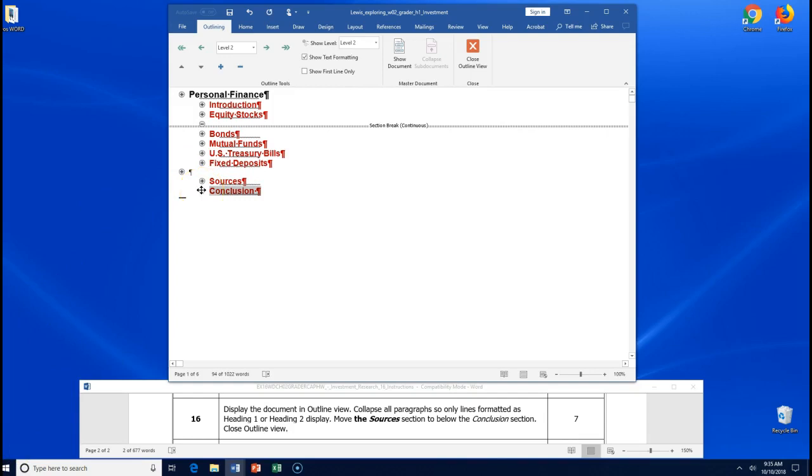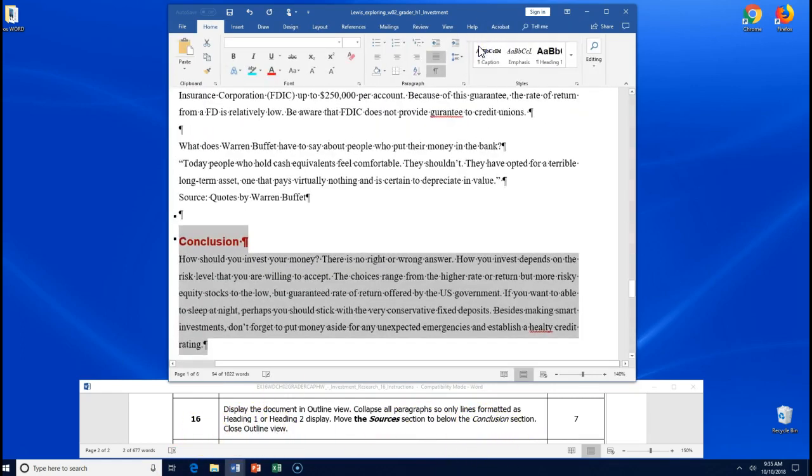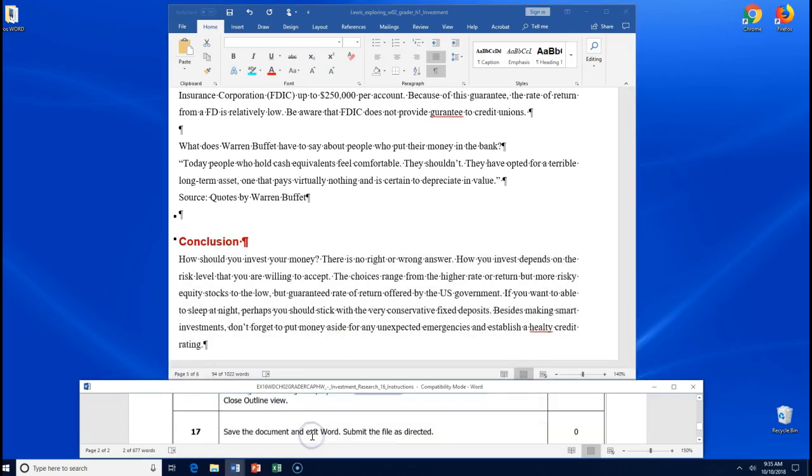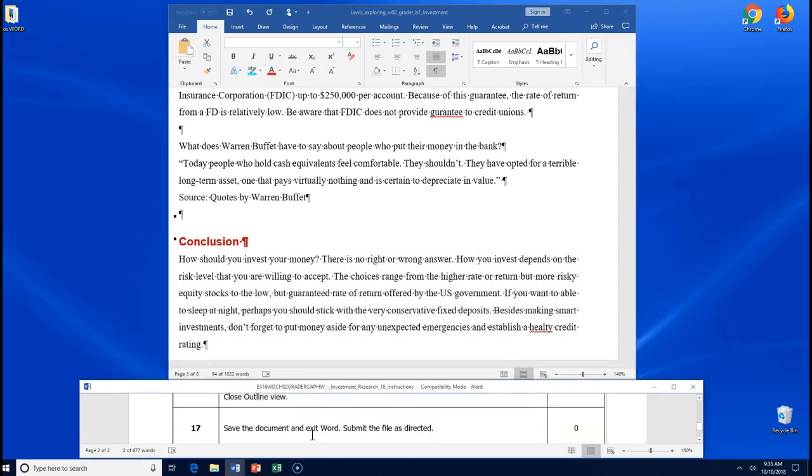So I take my mouse so I get the double crosses, and when I drag, see that line that goes across? That line has an arrow of where I want to drop it. So it just moved conclusions above sources. And then we've closed our paper, and now it's asking us to close outline view. So we close outline view, and then we go on to step 17, which is to save